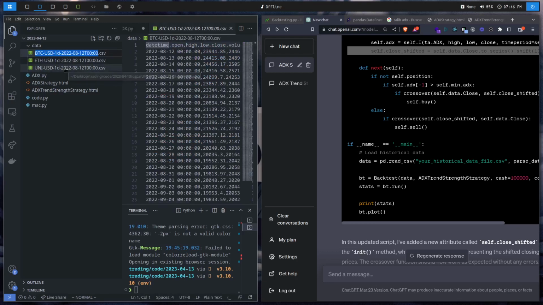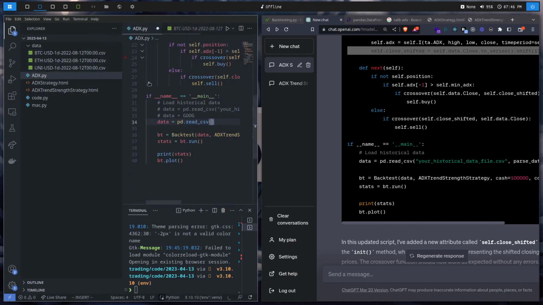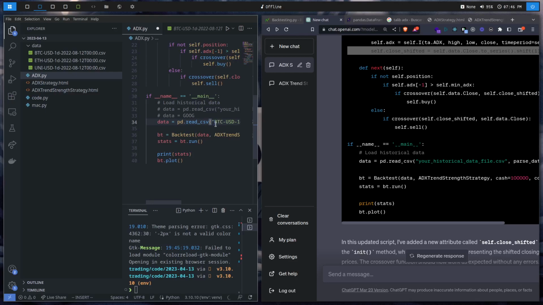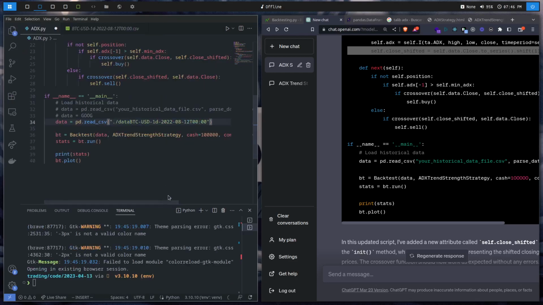So we'll use Bitcoin first. Slash data and .csv,